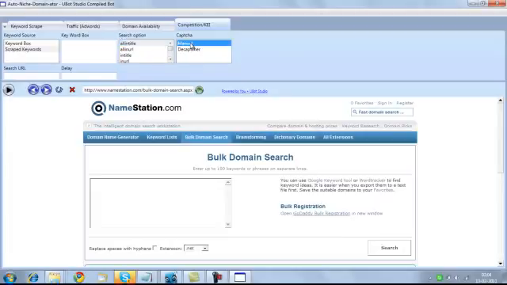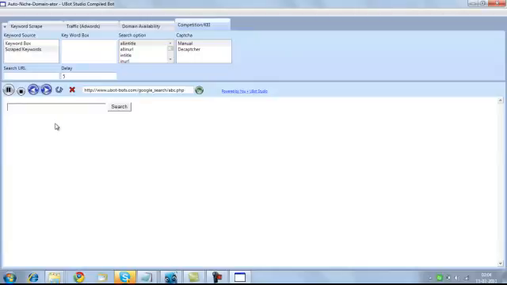I'll select the CAPTCHA manually. Sometimes Google pops up CAPTCHAs when you send automated queries. So if you have an account with dCAPTCHA, you can very well use the dCAPTCHA service for this purpose. I'll select the delay as 5, so there would be a 5 second delay between each of the queries. That is to make sure that Google doesn't detect it as automated queries and doesn't block your IP so easily. So I'll just hit the play button.